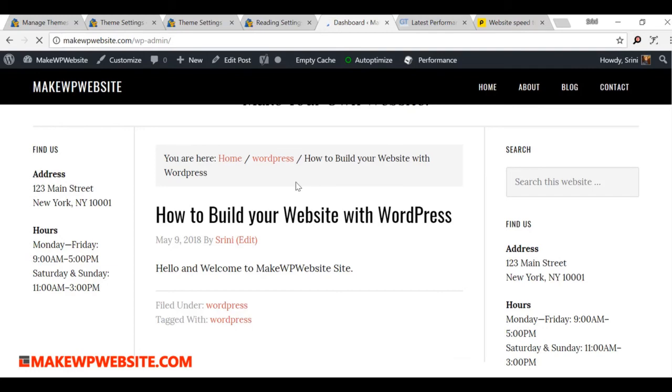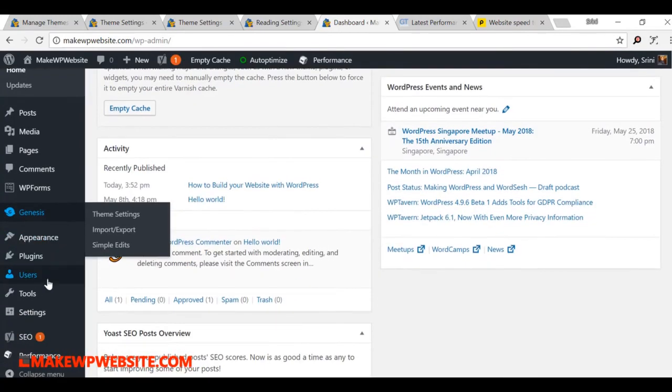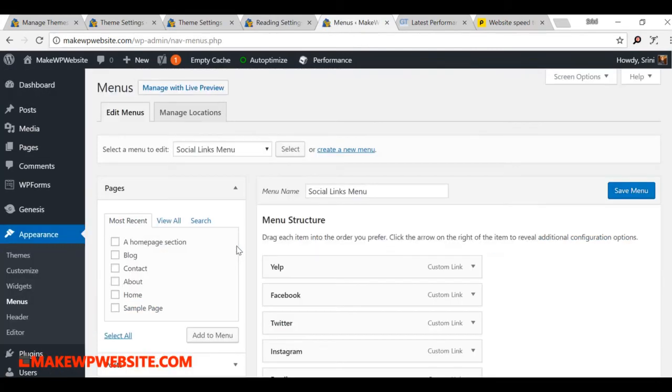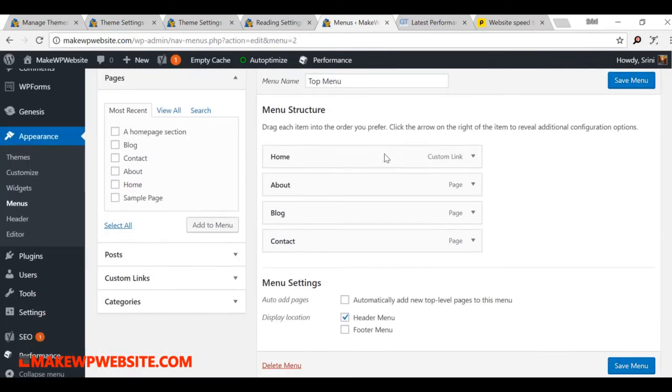Go to dashboard, go to menus, select your top menu, then you have your menu items here.